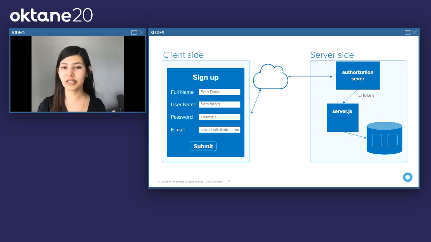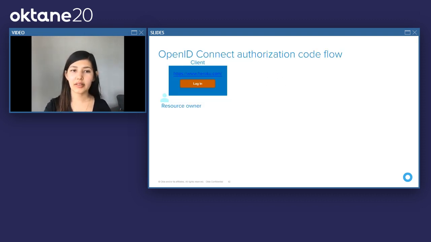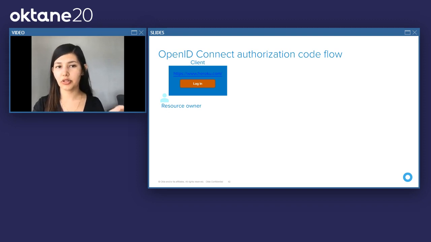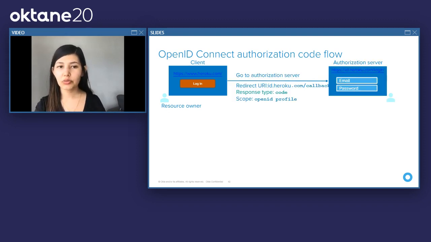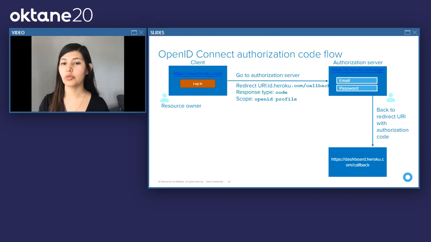So let's look in a little bit more detail at how this happens. Heroku.com is a hosting platform. When I go to Heroku.com, it is a plain www.heroku.com, right? As soon as I click login, I'm redirected to id.heroku.com. Okay, so as you can see, they are different. I'm going to put my username and password there. Then I'm going to be redirected to